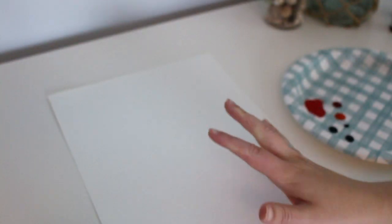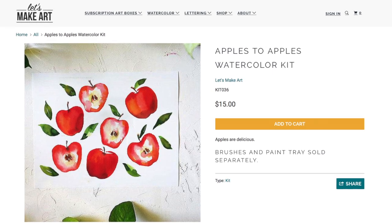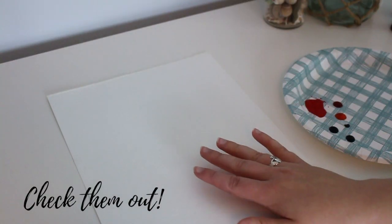Since autumn is right around the corner, I thought I'd paint some apples and show you how to do it step by step. I will say that this painting is inspired by Let's Make Art. They have some awesome kits and tutorials available. So you will need a true red, a dark green, a light green, a yellow, orange, and then a little